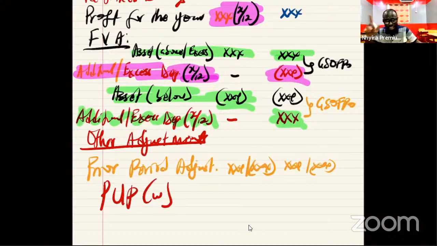Please note, like I said, when the subsidiary is selling to the parent, that is where provision for unrealized profit comes in here. Stay with me carefully here. Make sure you understand that. If the parent is selling to the sub, then the provision for unrealized profit will go to group retained earnings.